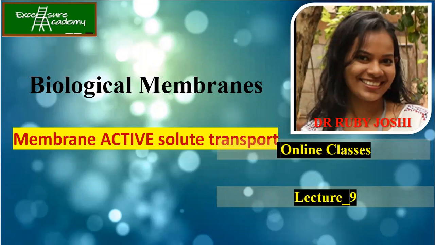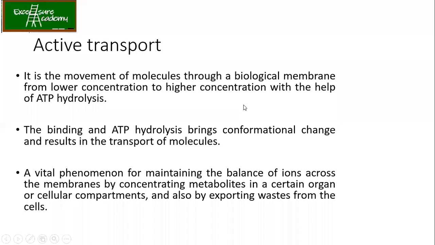So in the previous lectures, we talked about membrane solute transport, where we mentioned passive transport, right? Now from today onwards, it will be all examples of active solute transport. Active means we are going to use ATP, energy is being used. It is the movement of molecules through a biological membrane from lower concentration to higher concentration